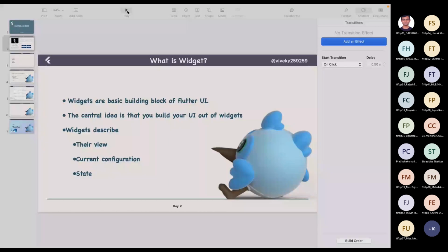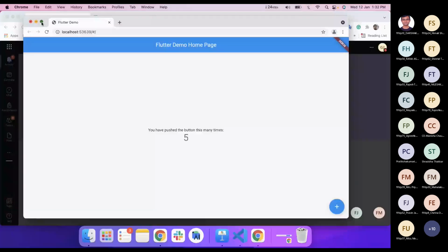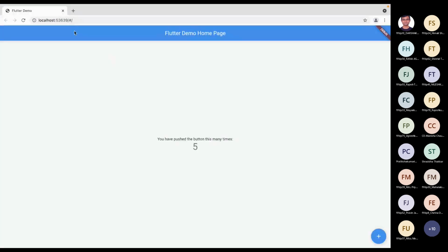For example, in this app which we have run on the web, this Flutter demo homepage app bar is a widget. The debug banner on the top right is also a widget. This text, this number is also a widget. This white background is also a type of widget.